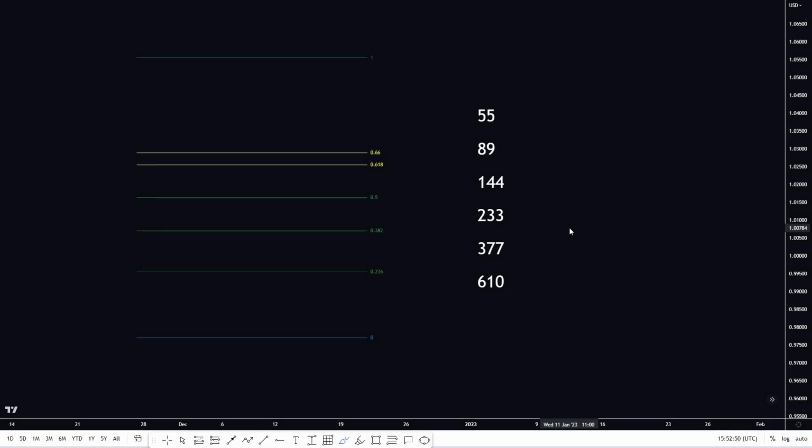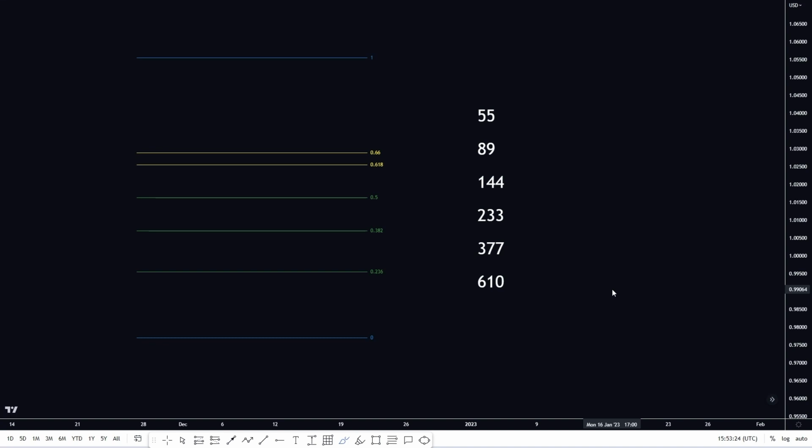Of course, the Fibonacci numbers are great, and they can be a great tool to use when trying to frame up a trade idea, but they aren't everything, and it's important to remember that we need to have additional reasons for looking for potential trades, either as a continuation or as a potential reversal, whatever it may be. We need to make sure we've got additional confluences as well as potentially the Fibonacci tool when framing up that trade idea. You don't want to be someone who's using the Fibonacci and trading it on its own, because it won't be that reliable